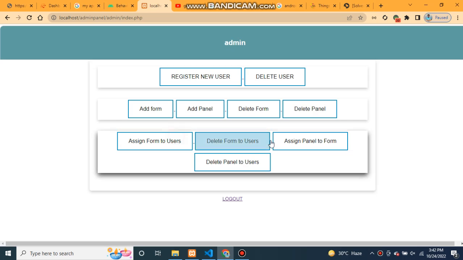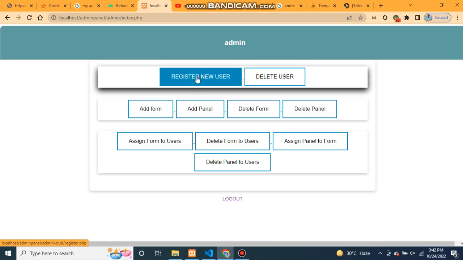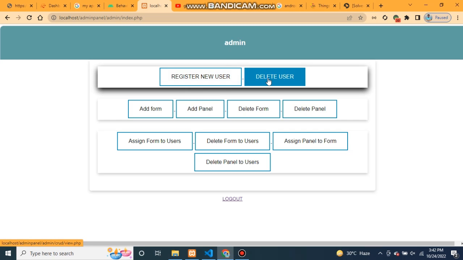Okay, so this is actually, I don't know why there is a session error. I will check it later on the server. But on my end it's working fine. So here we have an admin dashboard from where we can register a new user, delete user, add form, add